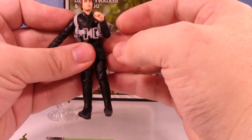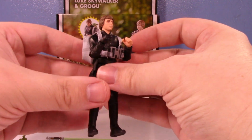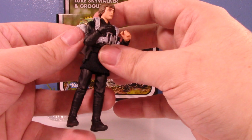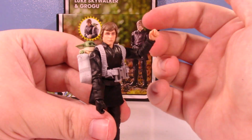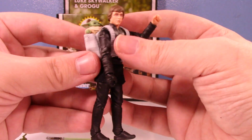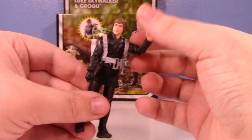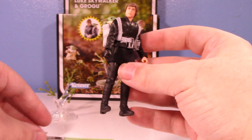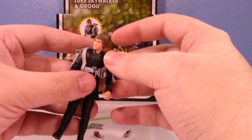There we go. So yeah, he's got the backpack. Does he have the joints to really reach up and look like he's holding it? Not really. So I'm kind of hesitant now if I want to display him like this. But we can fit Grogu in there. We can pretend he's climbing a tree or something. Like, look at the forest, Grogu. And Grogu's like, oh, the forest. I don't know what I'm doing. That's pretty much it. There's not much to talk about other than all the little bits you get, because you get so much little stuff. Here, let's do one more